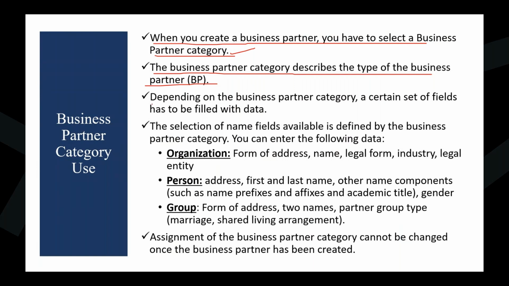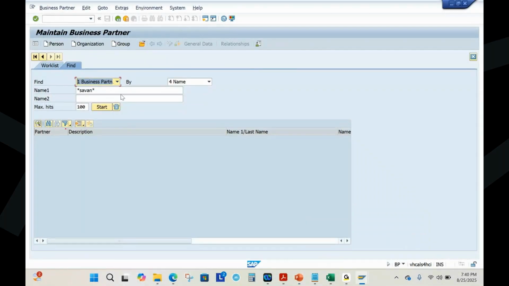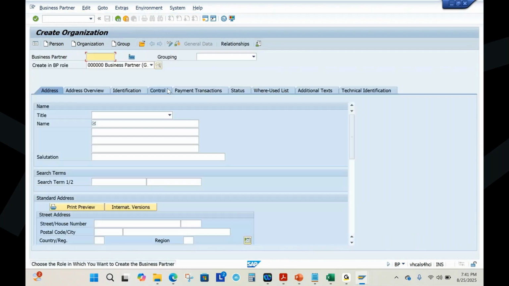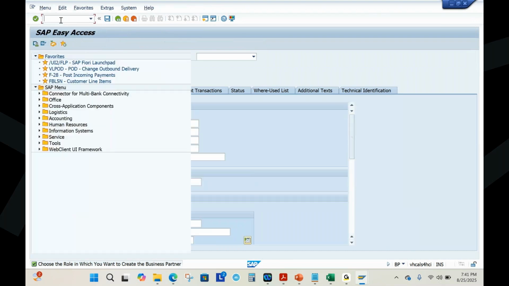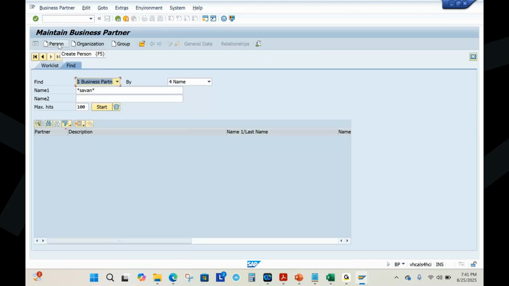Depending on the business partner category, a certain set of fields has to be filled with the data. Try to understand: now I'm trying to create a business partner. Suppose I try to create an organization, if I click on create organization, you see here you are getting the name, title, and the address, all that information. As I selected organization, it is showing these fields. Suppose if I go back and try to create a BP again, this time I will select person. The moment I click on create person, as category person,